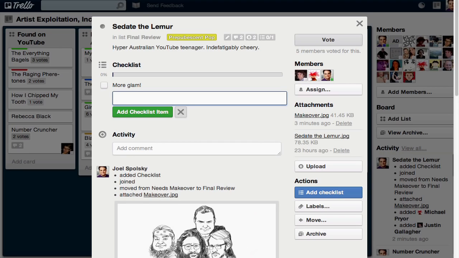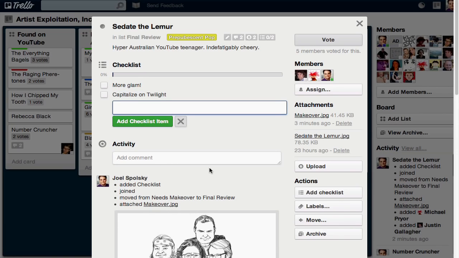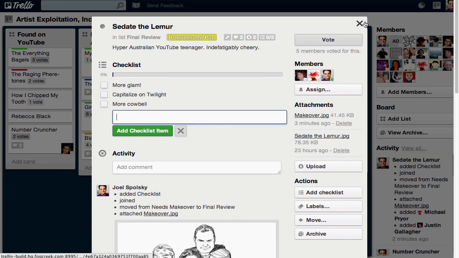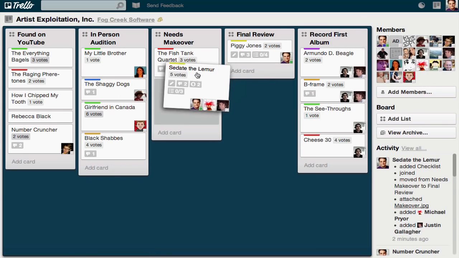Secondly, I want to somehow find a way to exploit the teenage girls' love for vampires and Twilight and everything to do with that whole thing. And third, more cowbell, definitely. Once I've added my checklist, I'm just going to take this card and send it back to the makeover department